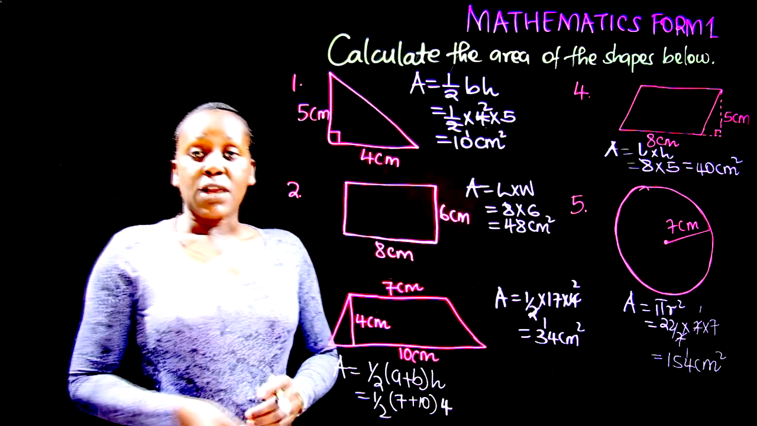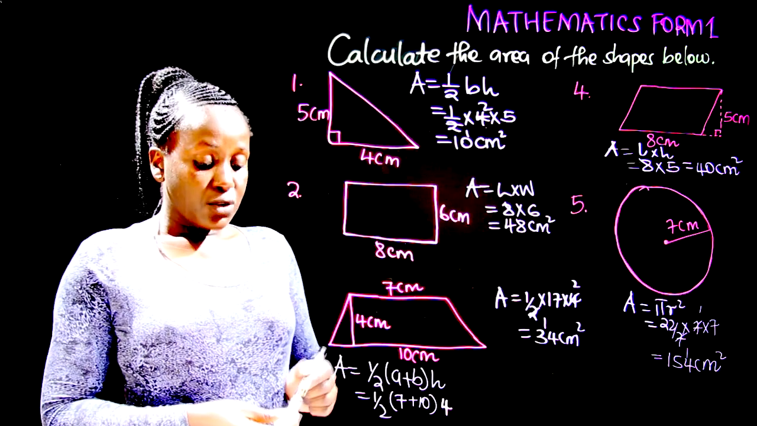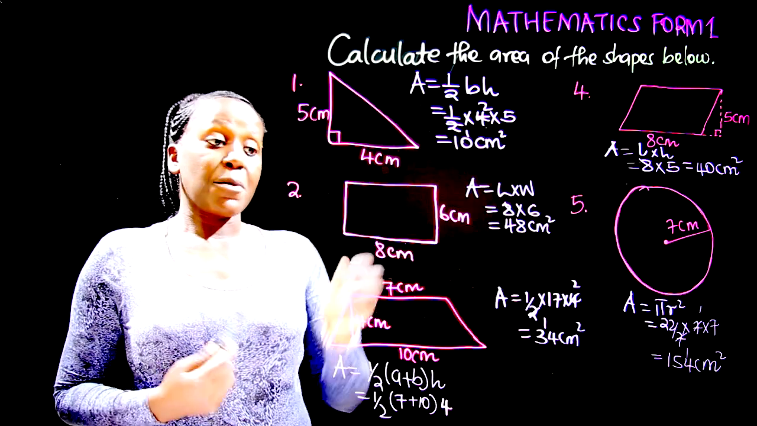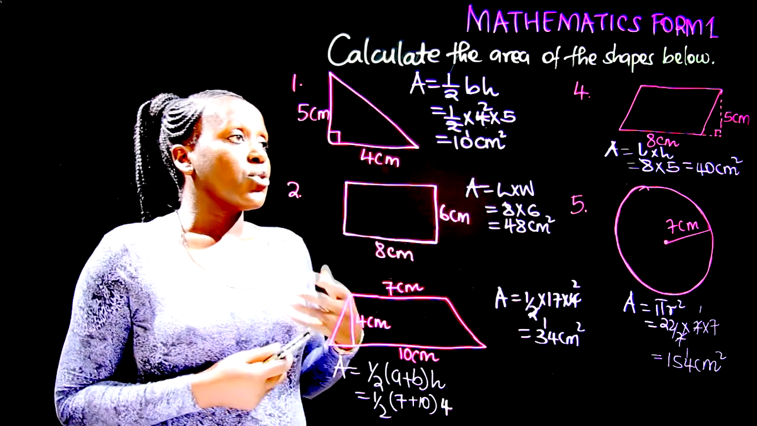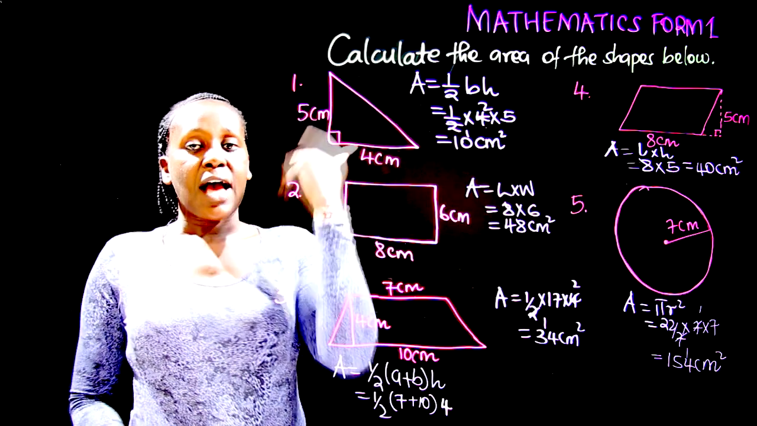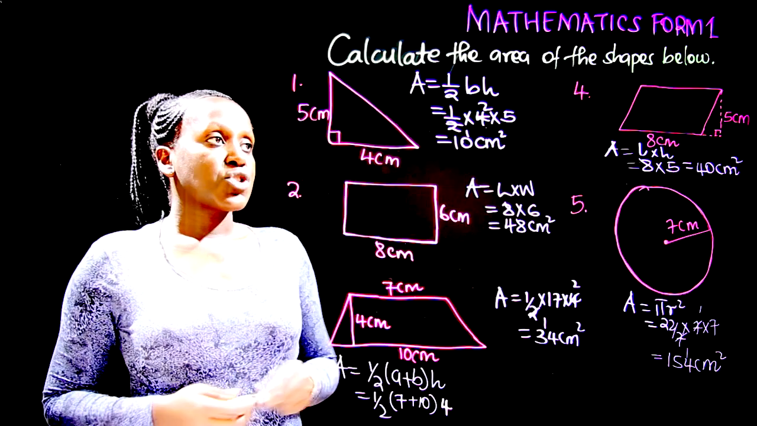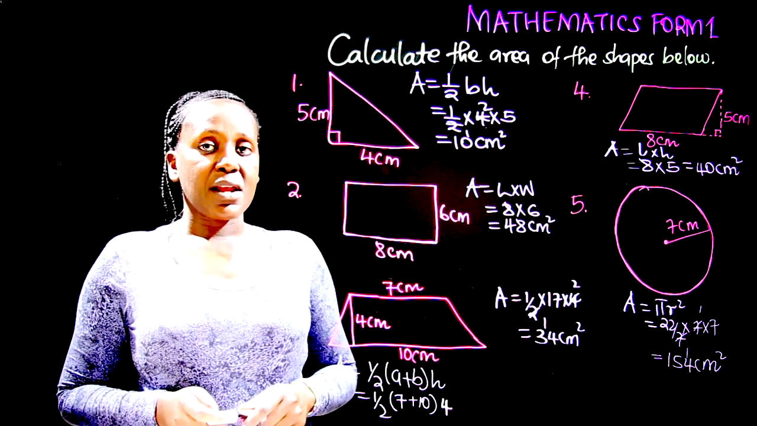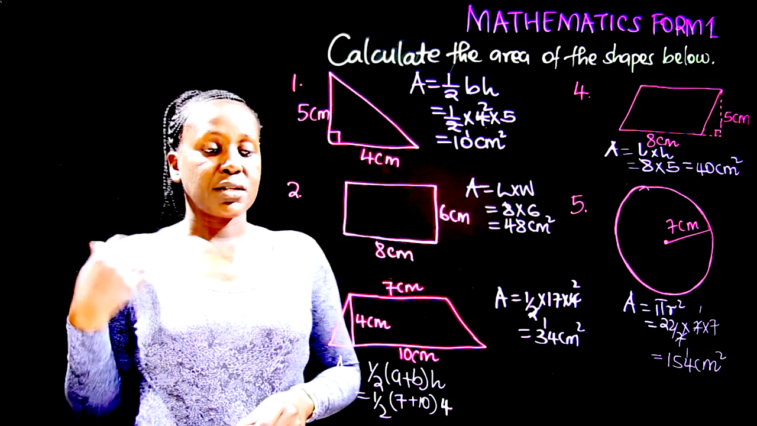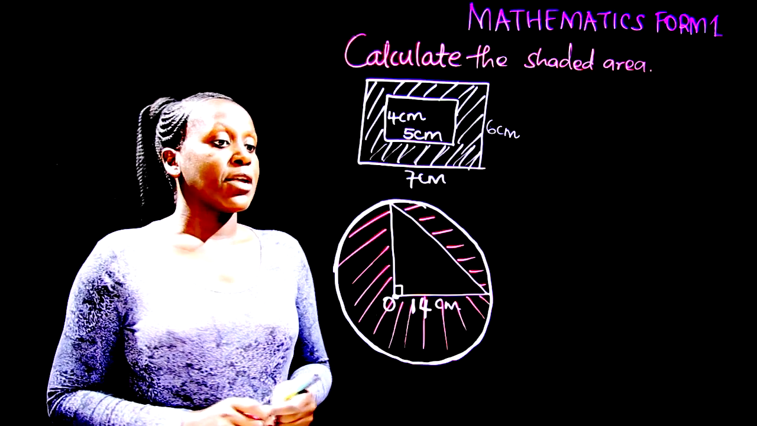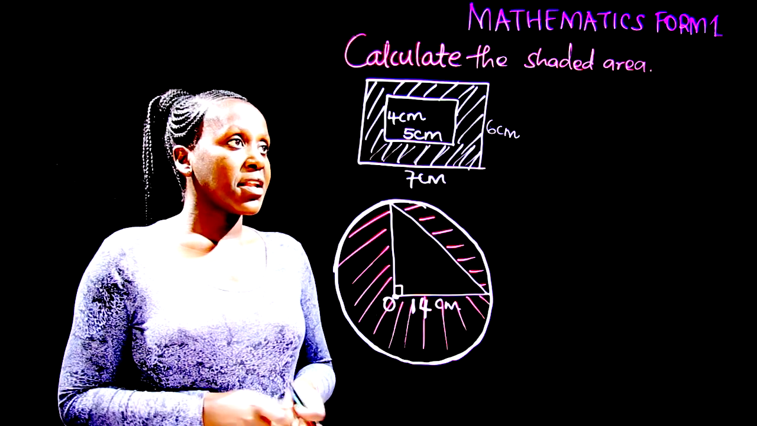Now sometimes you can combine two figures to form a compound figure. You can combine two rectangles, or a rectangle and a triangle. How do you approach those types of questions? So now we are going to look at how to determine the area of compound figures. Now we are going to work with these two figures and we are going to determine the area of the